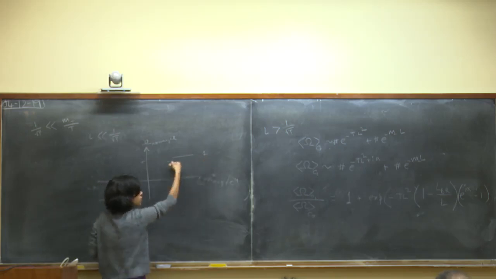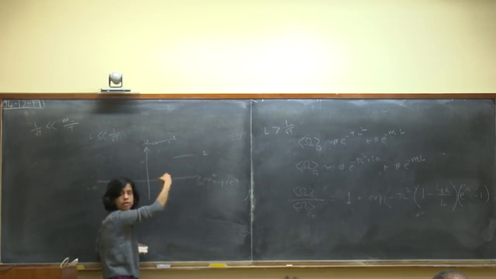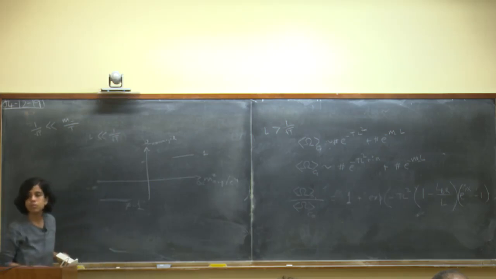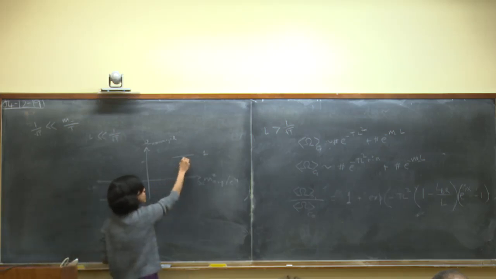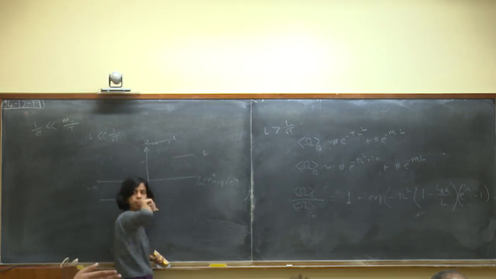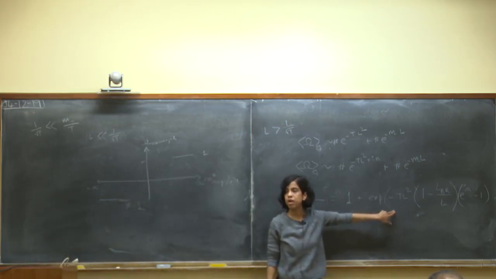If you're approaching from this side, at some point you have to move away from 1 to get to -1 on this side. But we do this continuously. So for example, think about the derivative of this object. It's strictly 0 on this side. Why 0? Strictly, it's some infinite mass thing. No, the derivative just approaches 0. It's 1 plus corrections that are suppressed exponentially in the length.